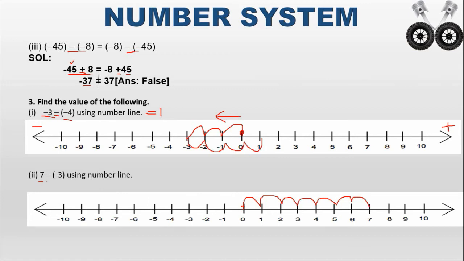So after that, what is the operator used here? Negative operator. That means you look towards the negative directions. What is the second integer? It is minus 3. Minus 3 means you have to move in the backward direction. How many steps do we have to move backward? 3 steps. So 1, 2, 3. When I move 3 steps, I reach the integer 10. So the answer here is 10.